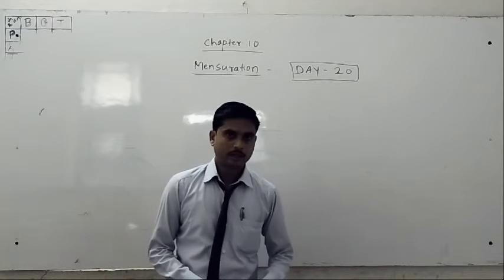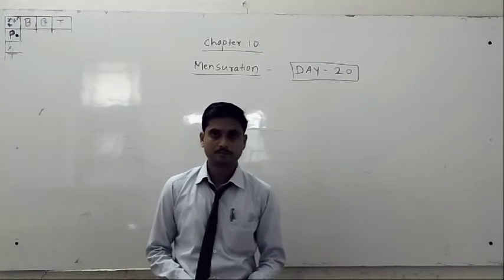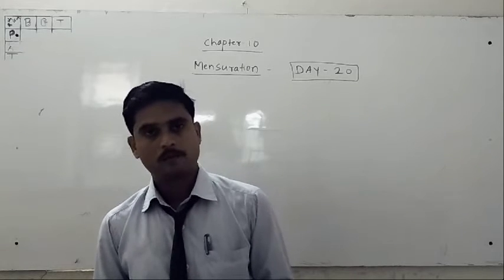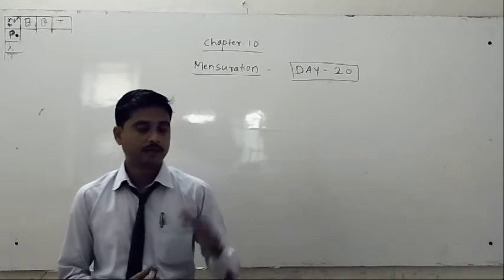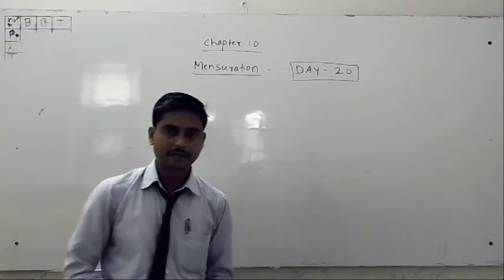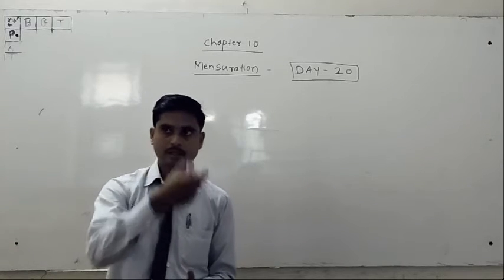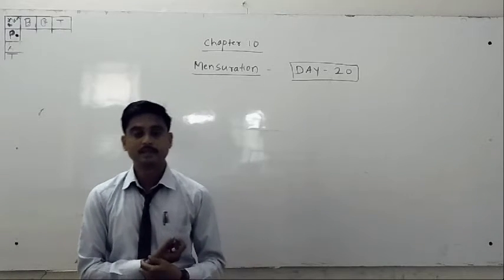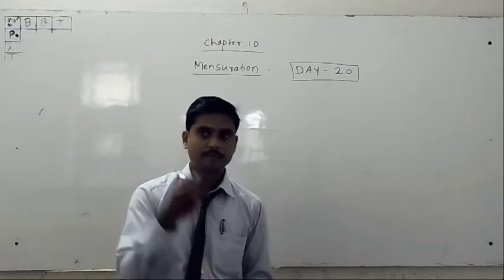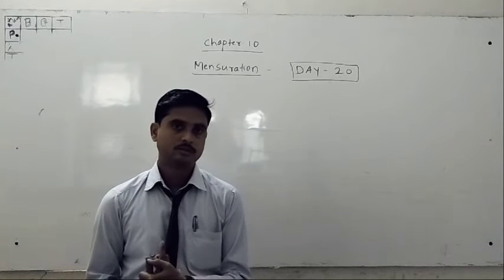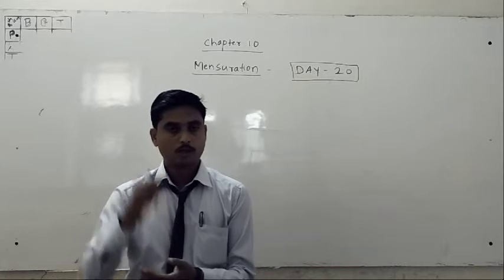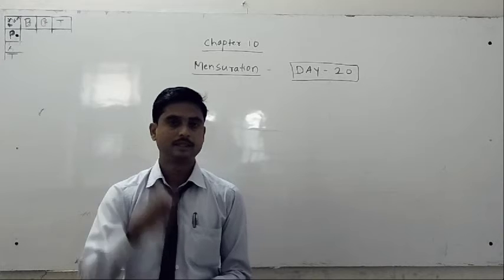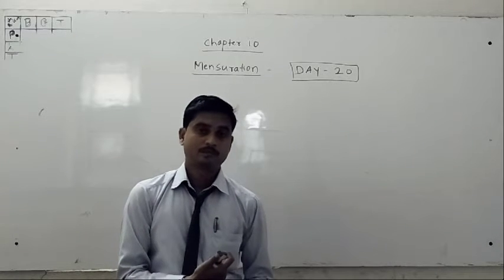Already we started the mensuration lesson. Successfully we have completed perimeter of square and perimeter of rectangle, and we discussed the formulas also. What is the formula of perimeter of rectangle? Yes, P of R is equal to 2 bracket length plus breadth bracket complete. This is the perimeter of rectangle formula.